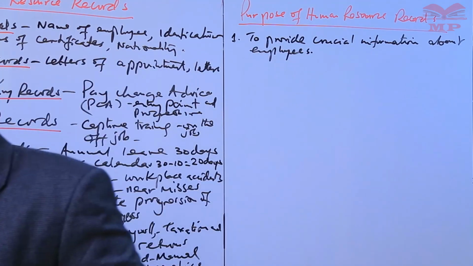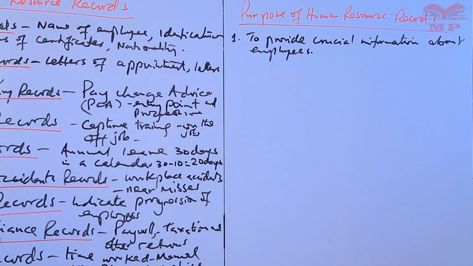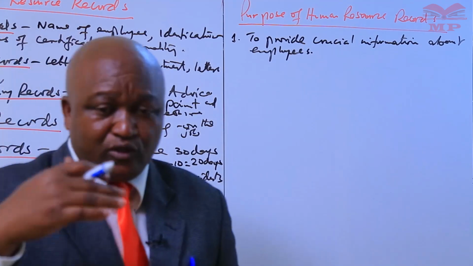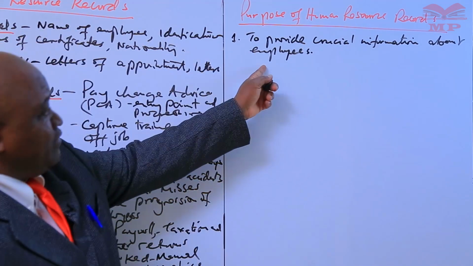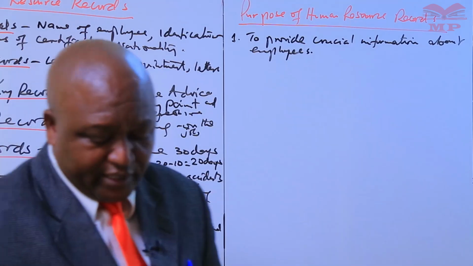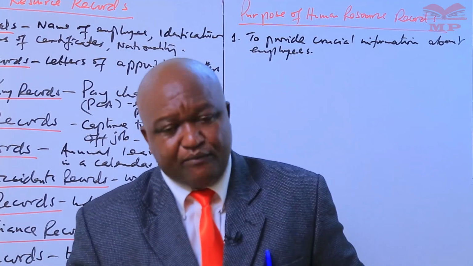Now, what do you mean by this? What you mean by this is, you have employed an employee in an organization, and this employee has given you their names, their identification details, and so on. So supposing, for one reason or the other, the employee is not there, then it means you are able to use this information maybe to contact the next of kin of this particular